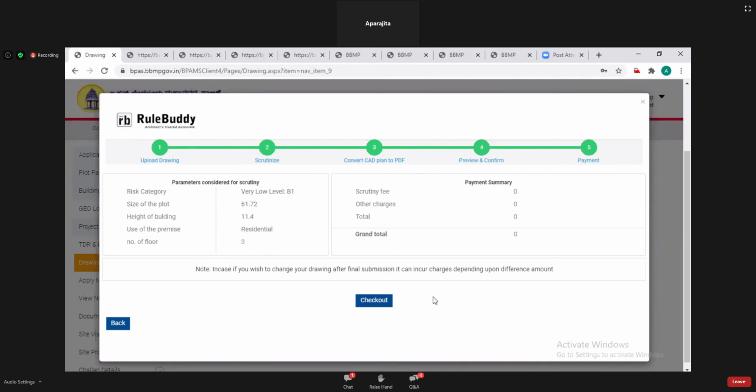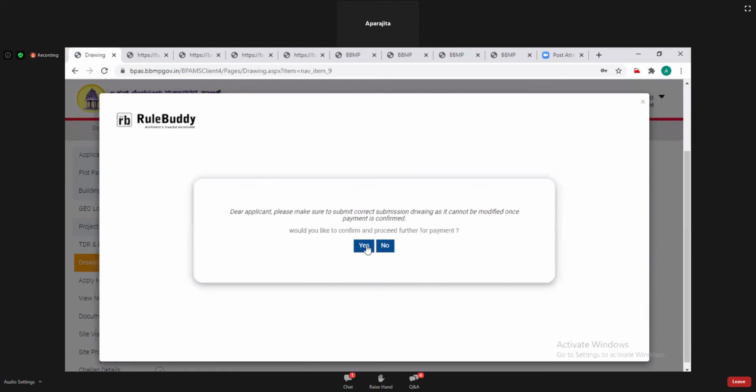Then click on checkout for the rule buddy payment. Rule buddy will charge some amount according to risk based category. Like for risk based category B1, for low risk category, it will be free. And from B2 to B5, it will take some charge.